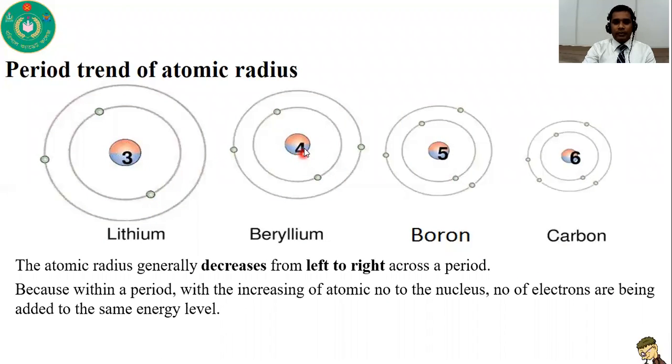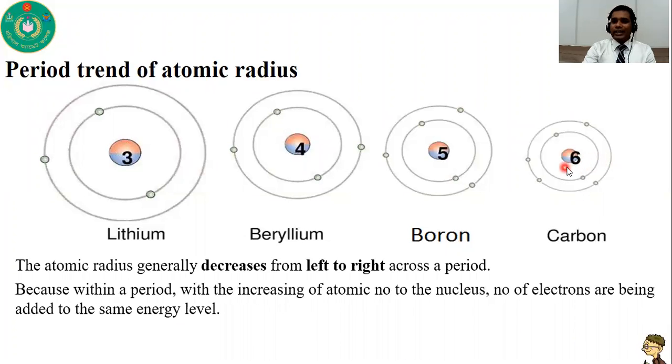And in case of beryllium, there are 4 protons and 4 electrons surrounding it. In case of boron, its atomic number is 5, and it has 5 electrons surrounding the nucleus. And in case of carbon, its atomic number is 6 and number of electrons is also 6. So we can see that when we go from left to right in a periodic table, with the increase of atomic number,